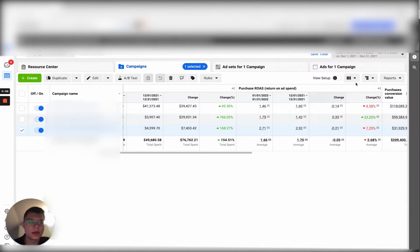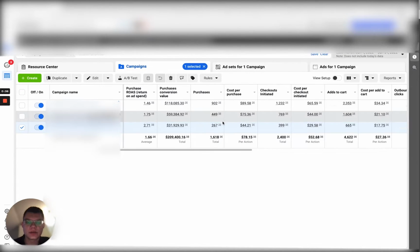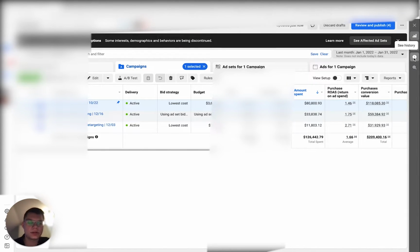So let's get rid of the compare feature. Let's just look at January because I will go over the scaling campaign, how we scaled this one up. First of all, scaling is super simple. If you look at the history,